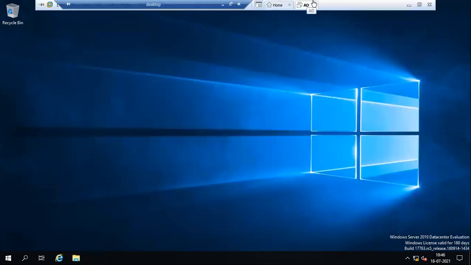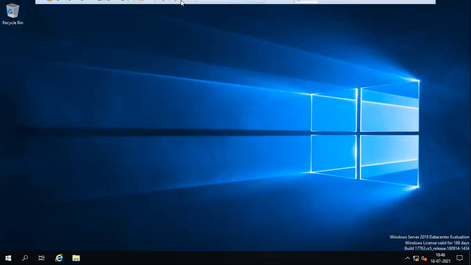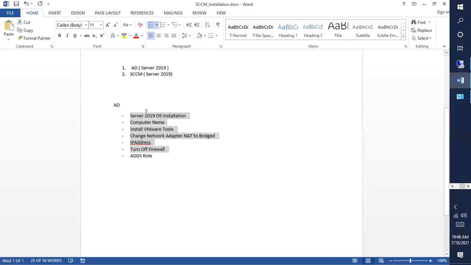We still have not installed AD or SCCM. Okay, fine. So we have completed the basic configuration of the OS, and the basic server is ready for AD. So what we need to do is promote the server as a domain controller. For that, let me